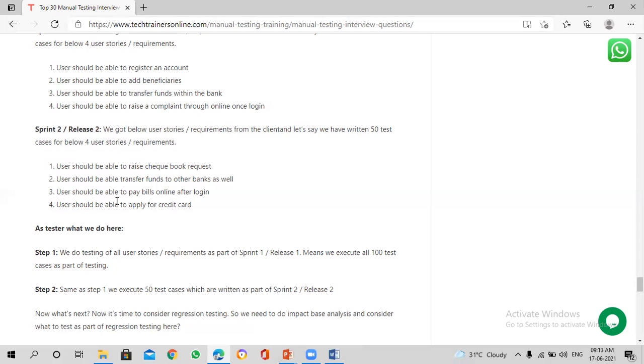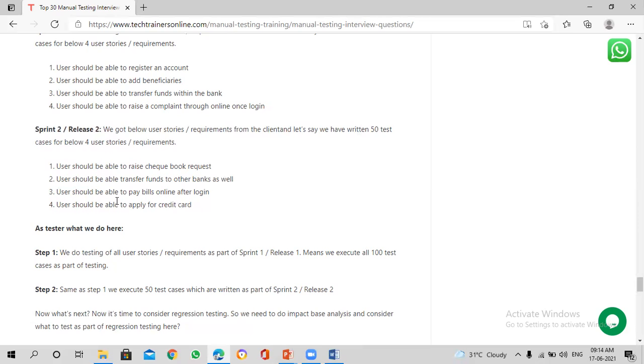When we talk about automation in Agile, there are two plans for automation: one is in-sprint automation, and one is N-1 automation. What do you mean by in-sprint automation? Now I'm in sprint 1 and I got 4 user stories. I have to automate the 4 user stories in sprint 1 only. Say I have 2 weeks of time. In 2 weeks, I need to write the test cases, do manual testing, and also automate all these 4 user stories. This is called in-sprint automation.